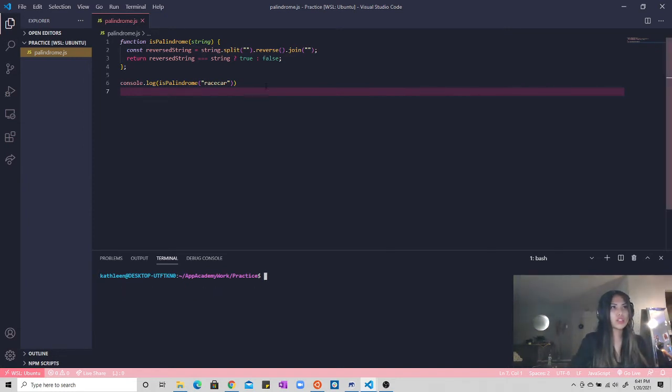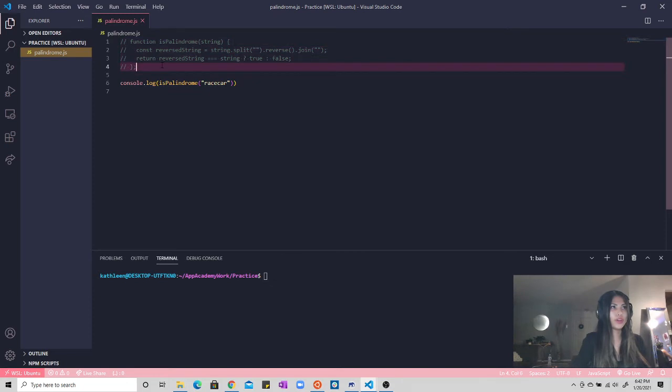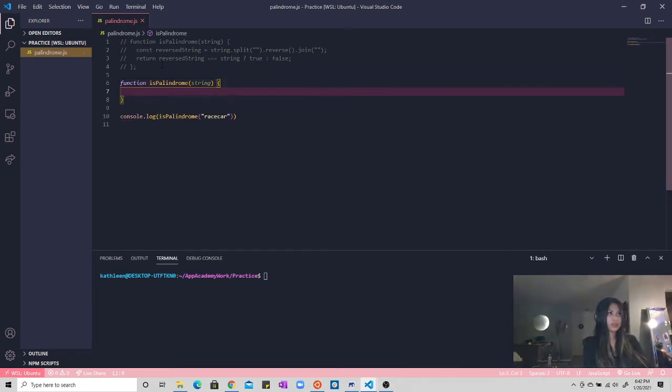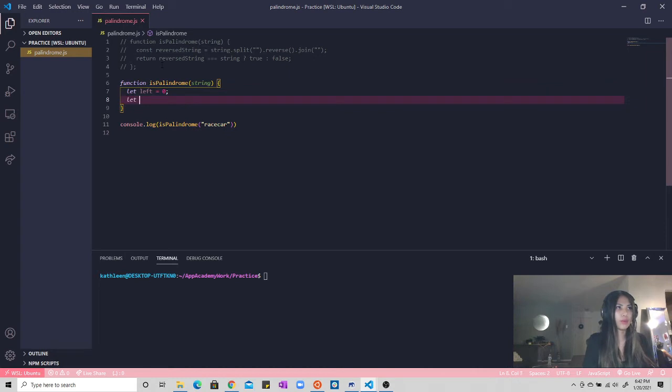So another way to solve this would be to use the pointer method. So let me comment this one out and show you. So again, it'll take a string, and so to use the pointer method, we would keep track of a left and right pointer, the left pointer starting at index 0, so the beginning of the string, and the right pointer starting at the end of the string. So we'll do string.length - 1,